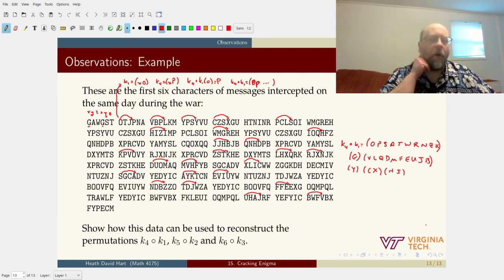And so what we have done now is we have identified exactly what the permutation K4 composed with K1 is. That doesn't narrow down exactly what K1 is or what K4 is, but there are now only a certain number of possibilities, because we know by Rejewski's theorem that we just then match these up, one on top of the other. The trick is going to be this 10 cycle,